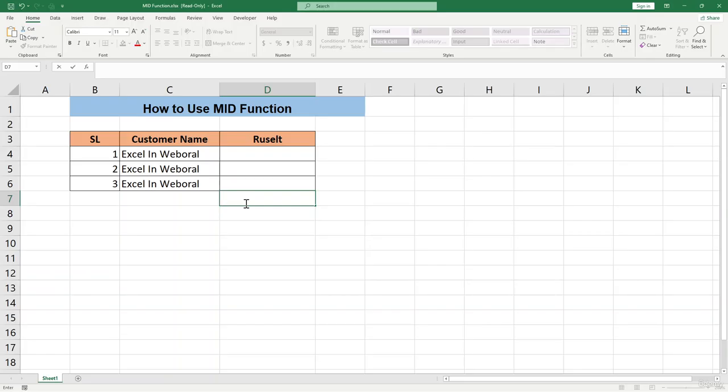We will be diving into the MID function, which is a powerful text function in Excel that allows you to extract specific characters from a text string. Before we dive into the syntax and example, let's understand what the MID function is. The MID function in Excel is used to extract a specific number of characters from a text string at a